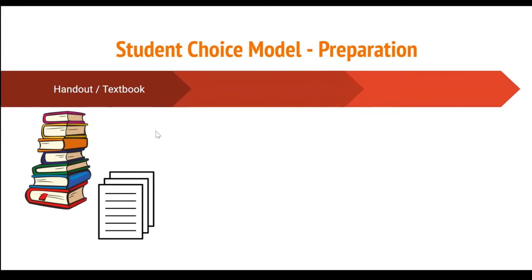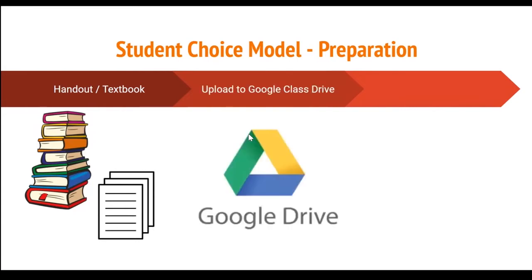So you have a handout, maybe you have physical papers, you have the textbook. What you want to do is duplicate that. What is in the textbook, you want to duplicate that. You can make your Word file, make a PDF, what have you. You upload that to the Google Class Drive, and then,